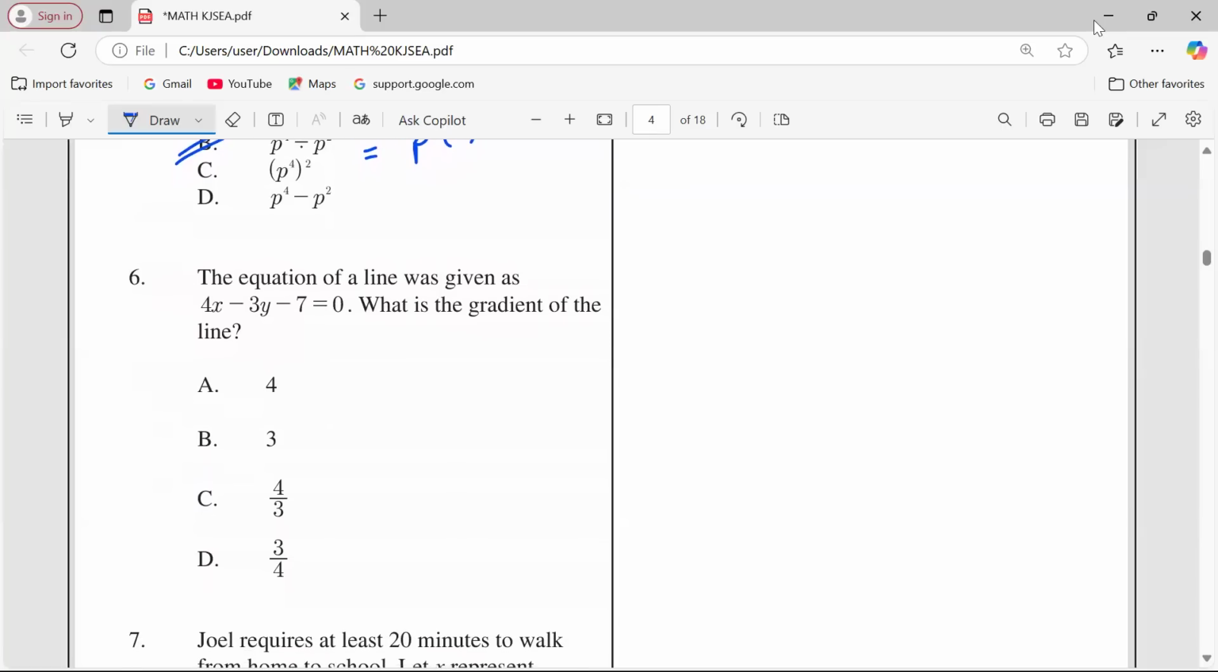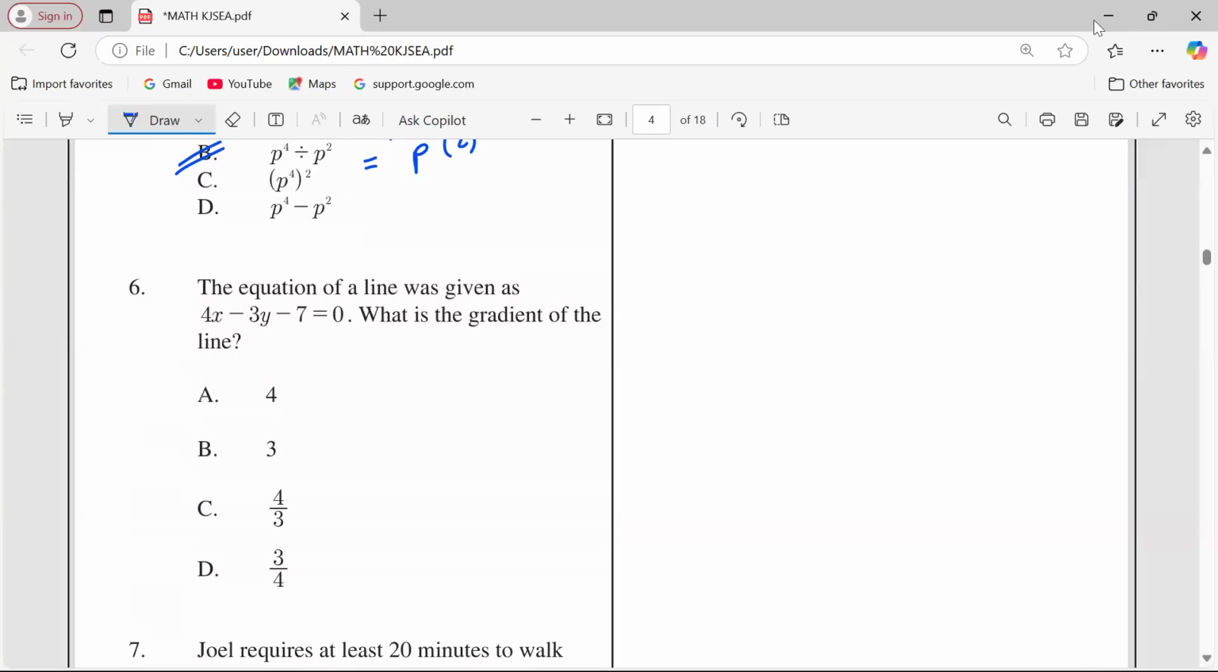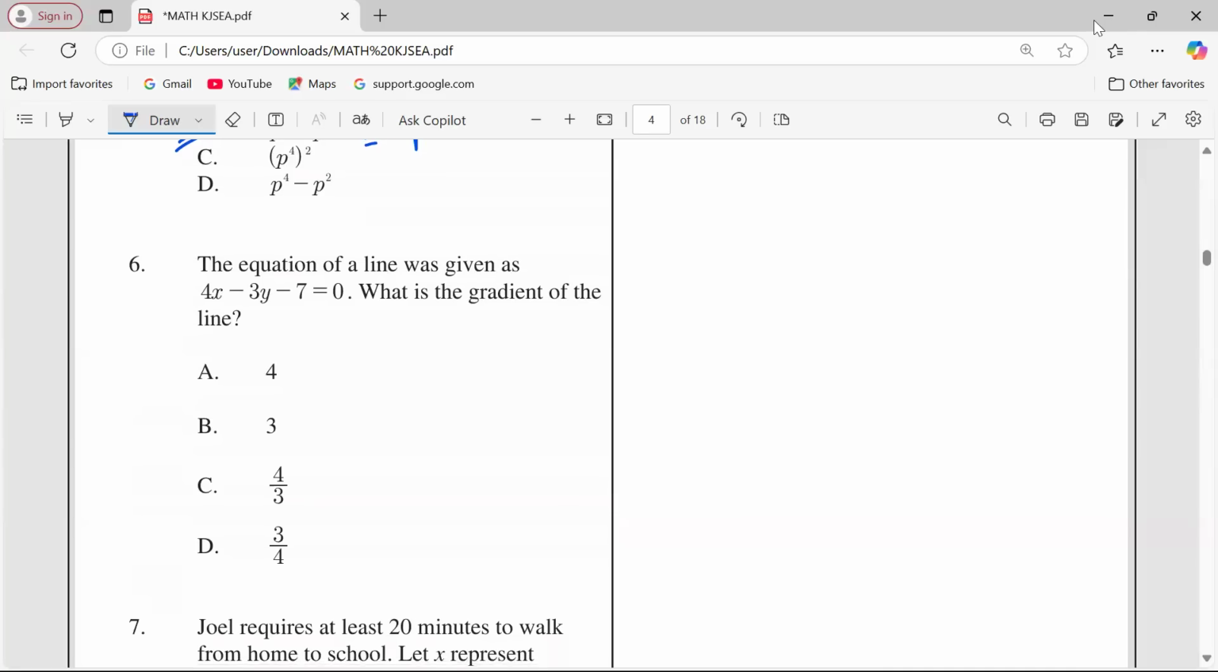Look at number 6. The equation of a line was given as 4x minus 3y minus 7 equals 0. What is the gradient of the line? So for us to get the gradient of a line, we're supposed to arrange the line in the form y equals mx plus c. So let's organize this equation so that we have negative 3y remaining here equals negative